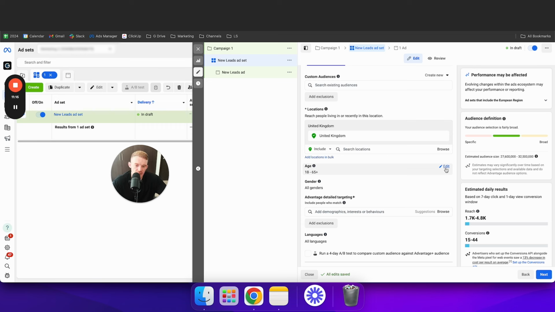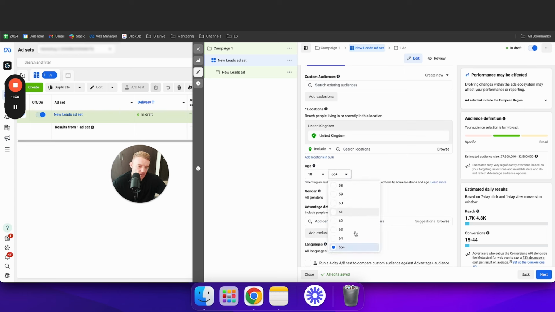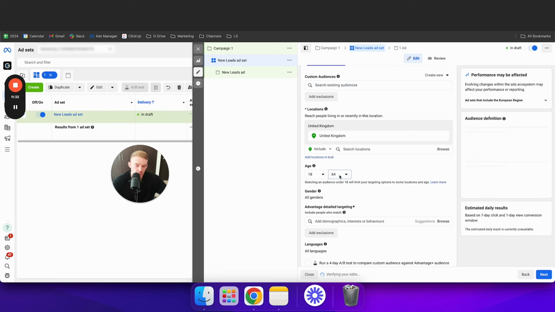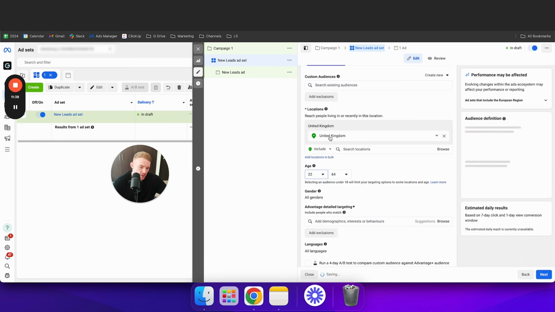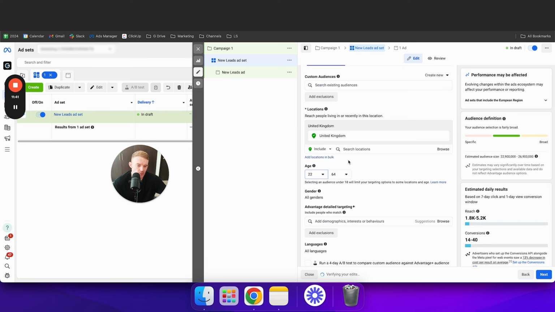My biggest advice is to go wide if possible. So don't restrict yourself to be like, 25 to 28-year-olds, because you want to give Facebook a bit of room to do its work. So generally, I would say we do like 18 to 64. It depends on the offer, but again, we'll do 18 to 65, 64 plus. If we don't want to target people who potentially have low income, we might do 22 just to make sure we're not getting like university students and stuff. Again, it's going to be very dependent on your offer, but